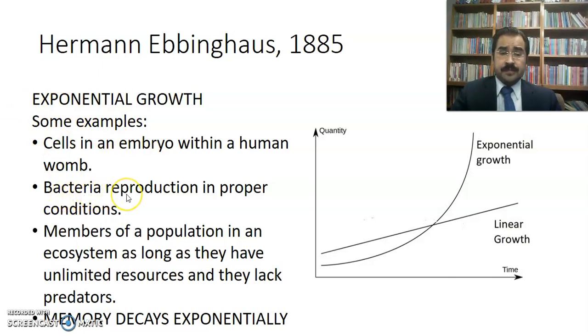Bacteria also, when we feel sick, is because bacteria have grown so much that they provoke harm to our stomach, for example, to our bodies, and also some other animals, such as rats or rabbits and some other populations, okay. The important concept here to remember is that Hermann Ebbinghaus discovered that memory decays or is destroyed